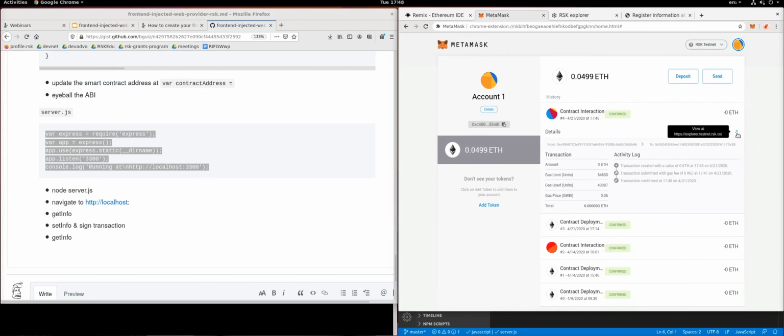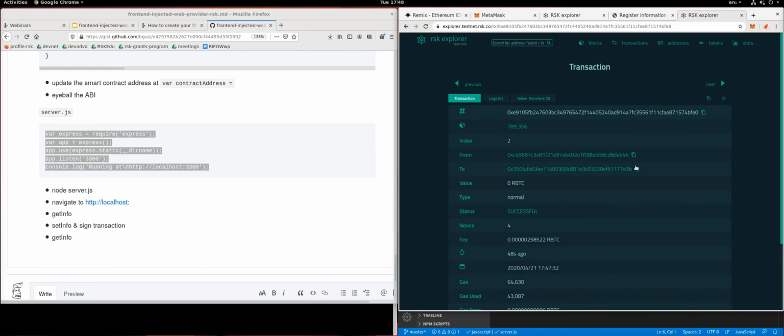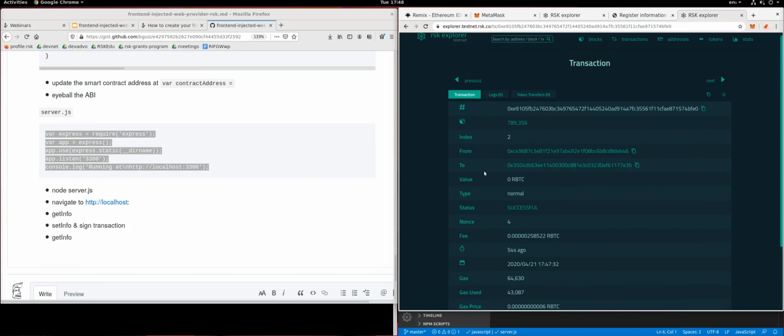So if you do that, you can go to view at explorer.testnet.rsk.co, and as we had to do before, we have to remove that extra slash, and there we go. We see a successful transaction. We can see the same data that we confirmed earlier on, and we can verify that the to address of the transaction